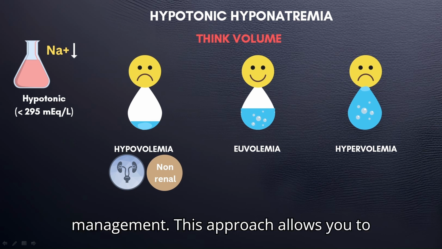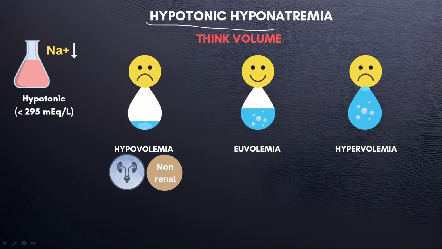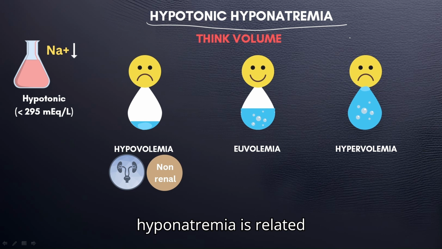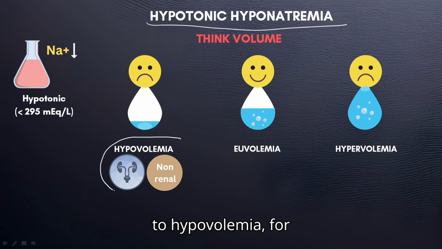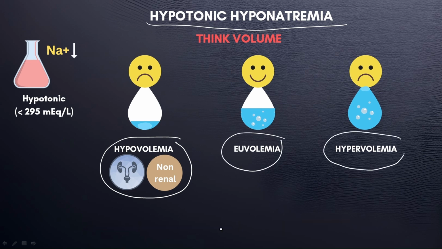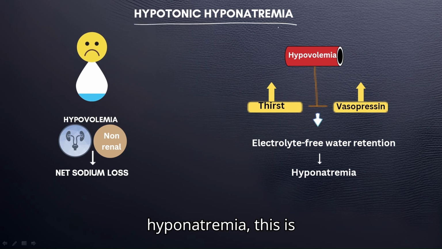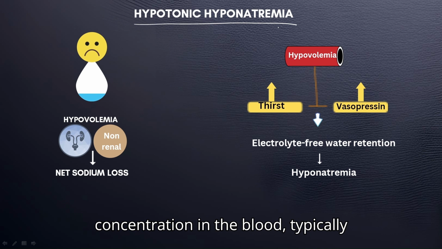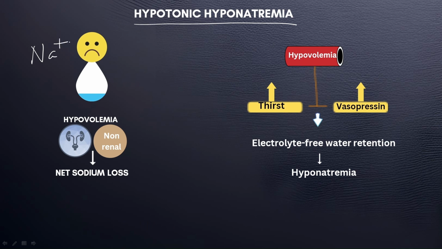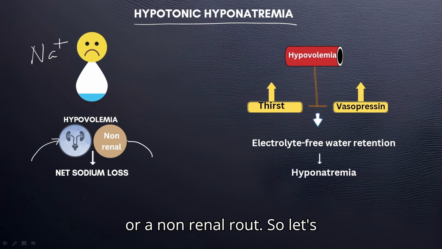This approach allows you to consider whether the patient's hypotonic hyponatremia is related to hypovolemia, euvolemia, or hypervolemia. Hypotonic hyponatremia is characterized by a low sodium concentration in the blood, typically caused by a loss of the sodium salt,